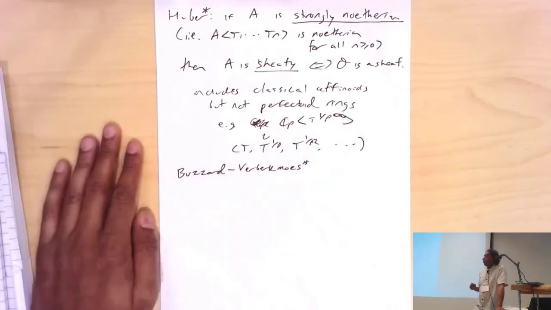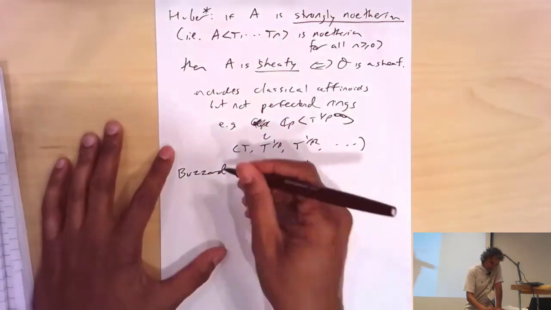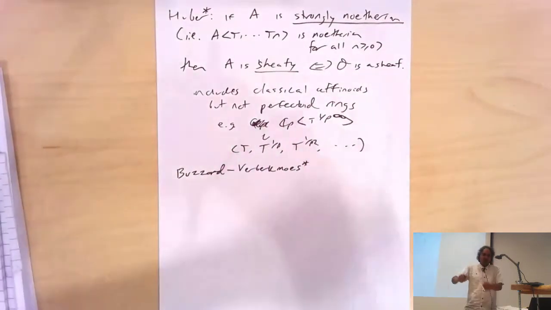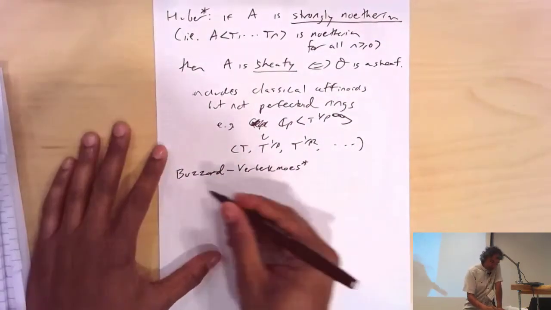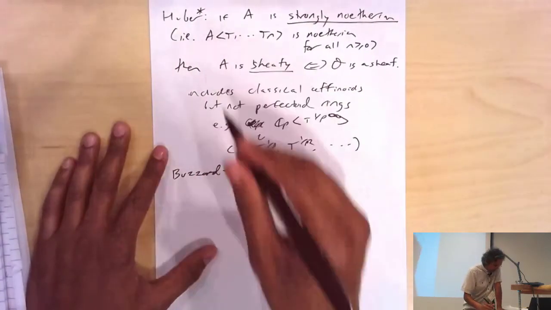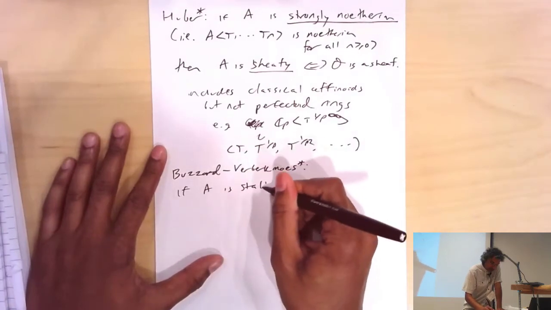which was, of course, inspired by the theory of perfectoids, but we're going to take it as an input, actually. We're going to reorganize the history a bit. So this is a theorem of Buzzard and Verberkmoes, again with an asterisk, that if A is stably uniform,